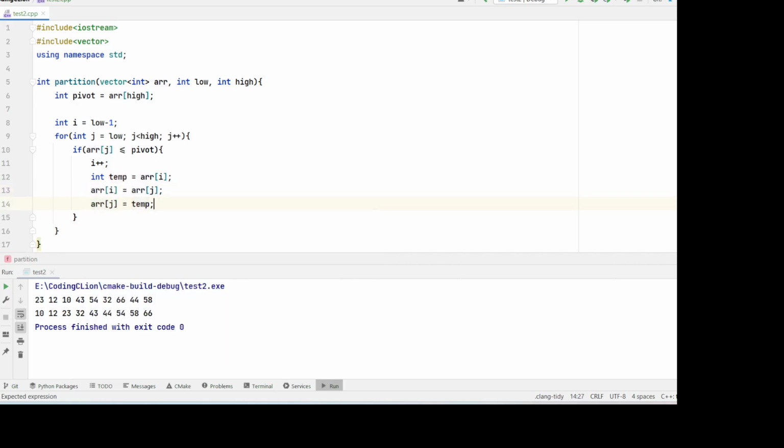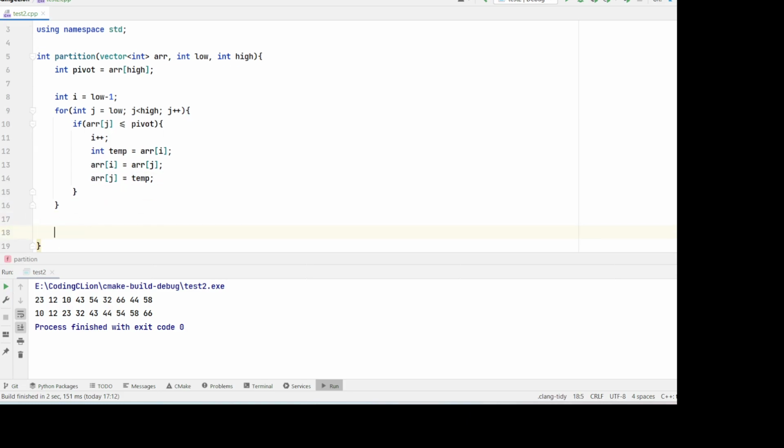temp. Instead of writing these three lines, we can also use the swap function, which is defined in the STL library. But for simplicity, I am writing it like this. Okay, so we will swap the AR i and AR j values, and whenever this for loop is exited,